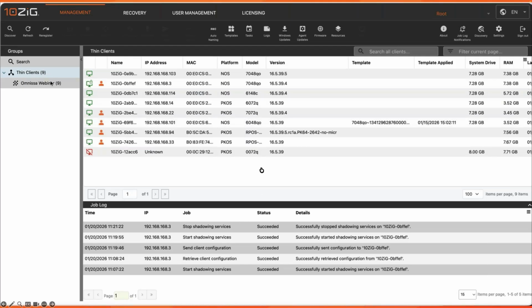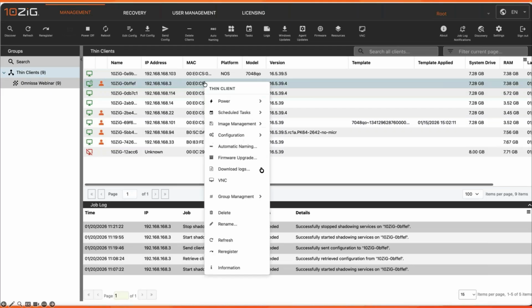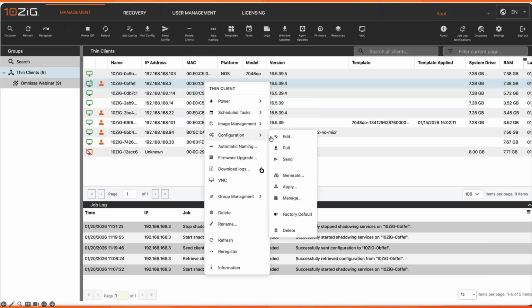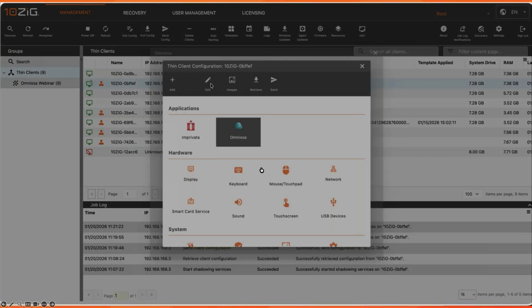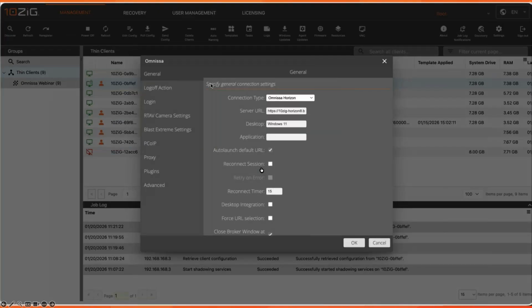Now, if we take a look into one specific client that we're featuring the demo on, what we can do here is click on the client and go in and edit the configuration. As well as being able to edit the configuration as a whole, you can see we have Omnissa specific settings that we can adjust very easily. There's pretty common and obvious things in here.